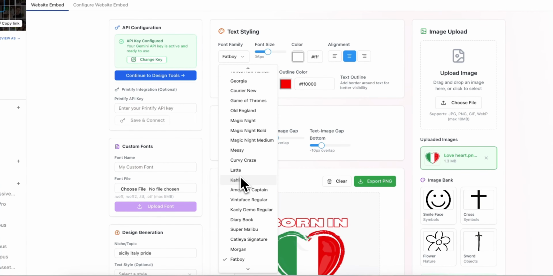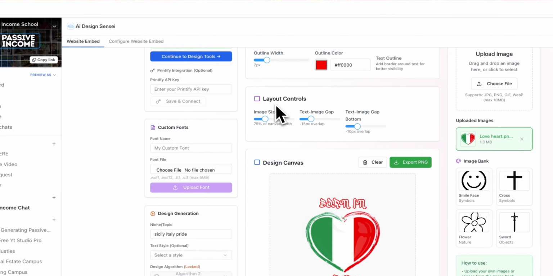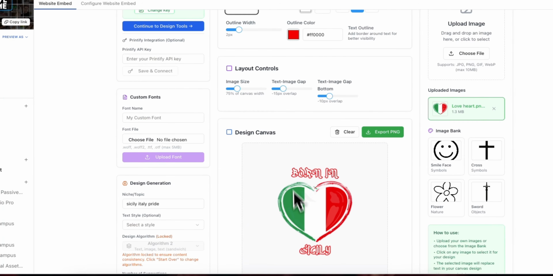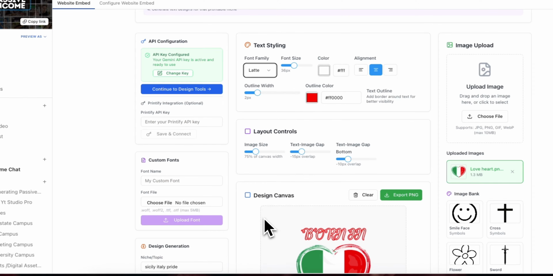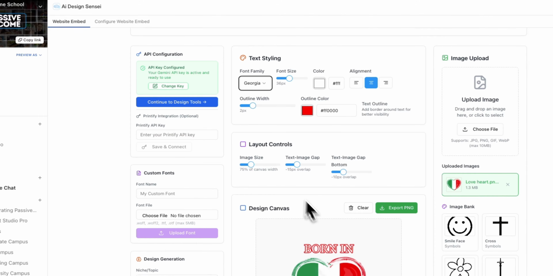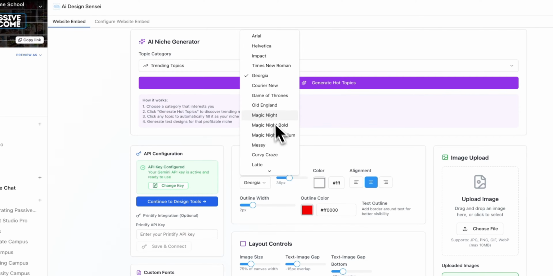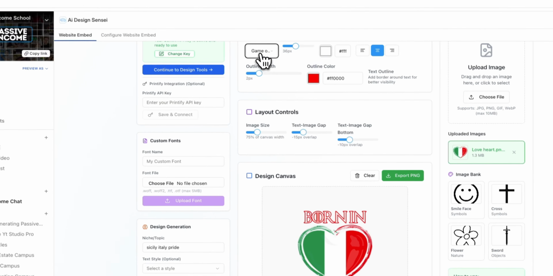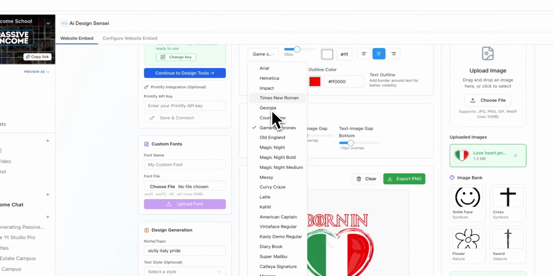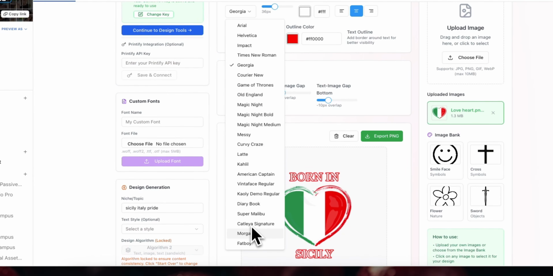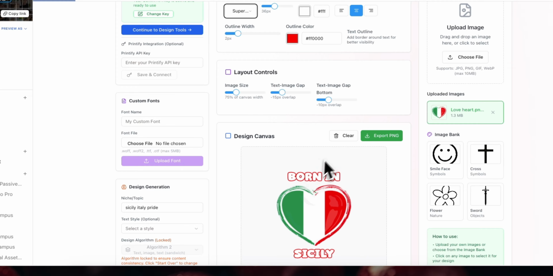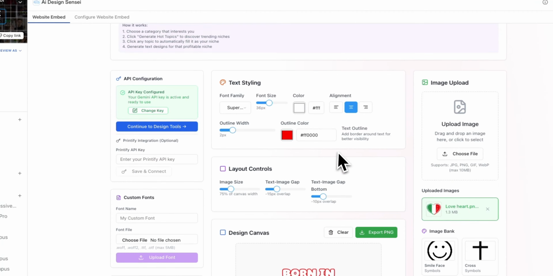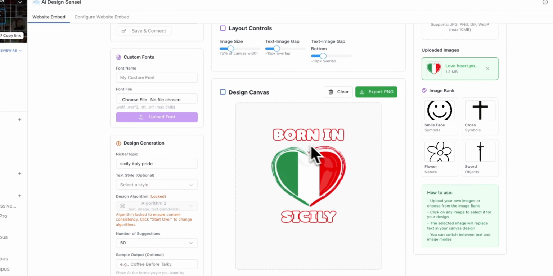I'm also going to play around with the types of fonts that I have. If you look, this is a font that's more of an Arabic style, so I'm not going to select that one. That really won't make sense. Let's not select this one either. Let's just play around with them. So the Game of Thrones font, not really here. It's not ideal for this case. Let's see here. We have the Super Malibu font. I like this font, actually. Not too bad. Now that the font is selected, we can increase the font size